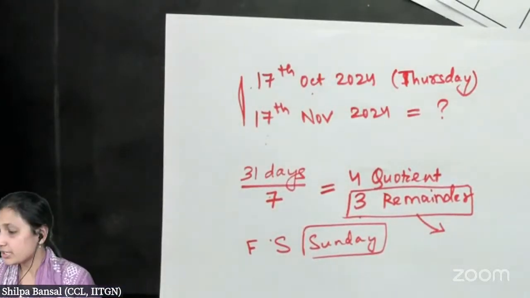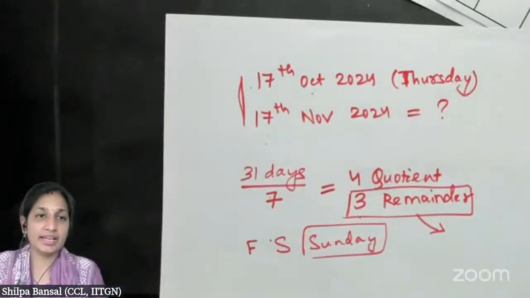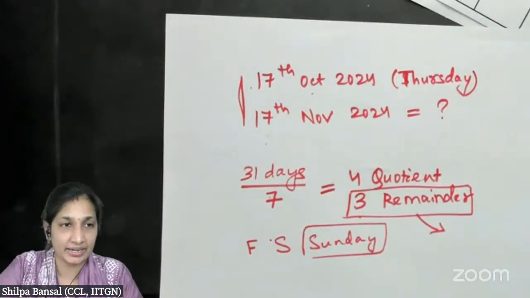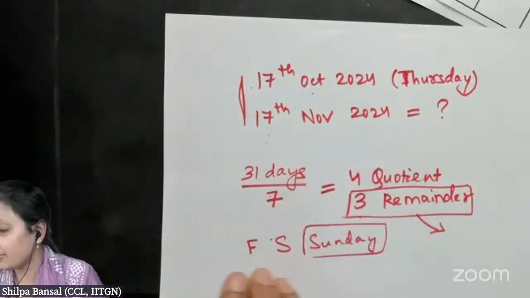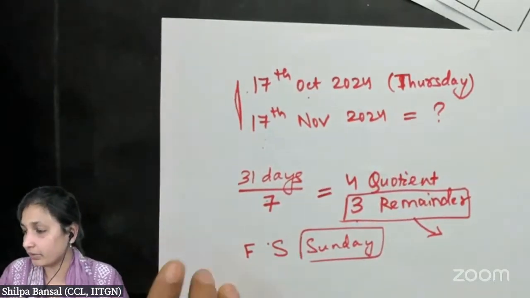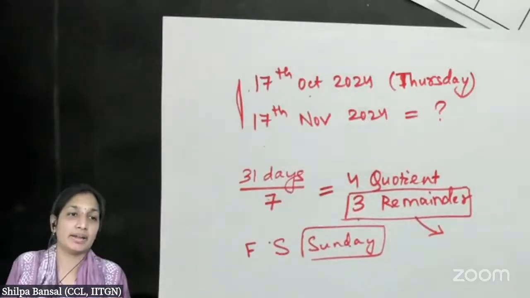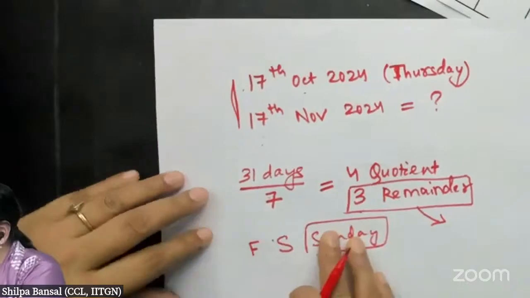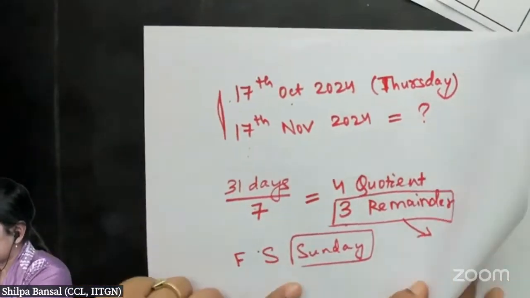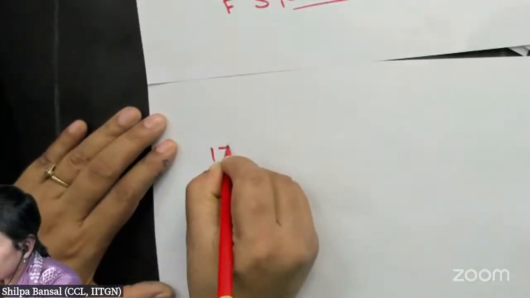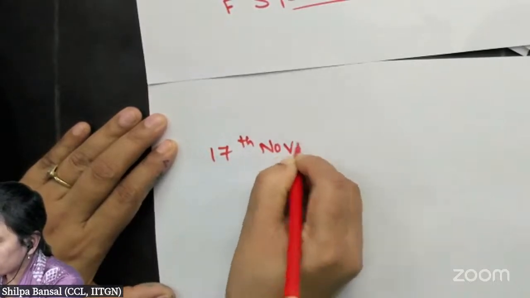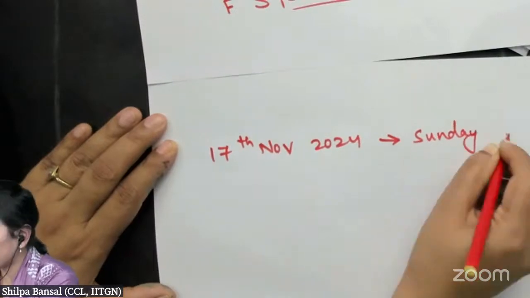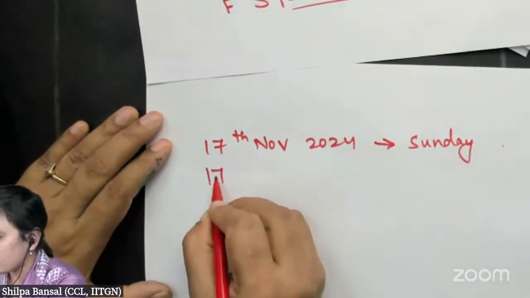So in each month, we go that many days ahead. For example, if I ask you November to December, how many days difference will be there? If 17th November 2024 we got as Sunday, right? We got it as Sunday. So what will be 17th December